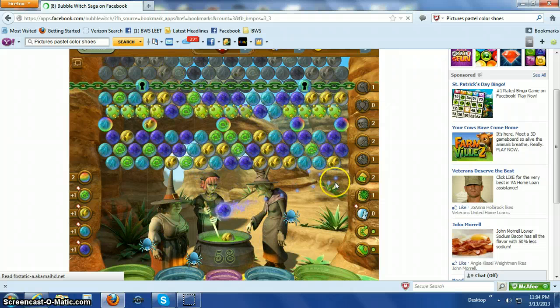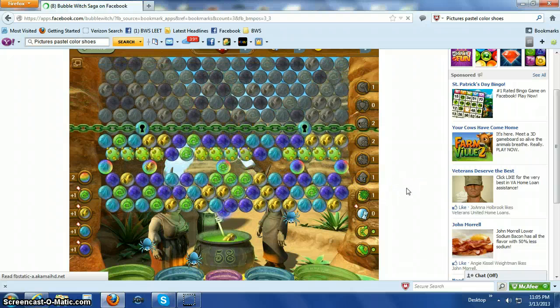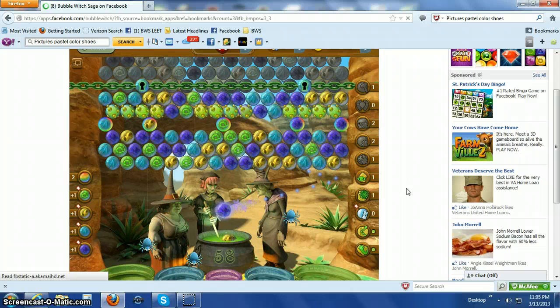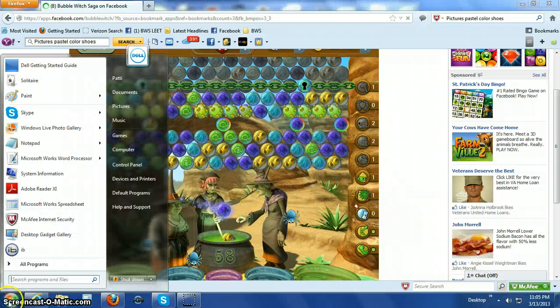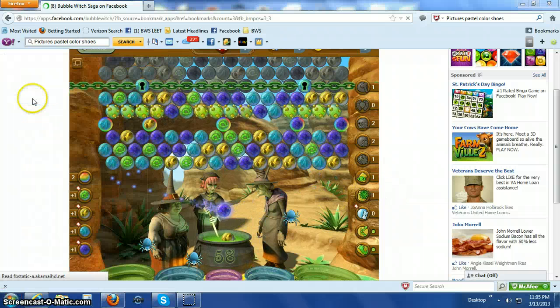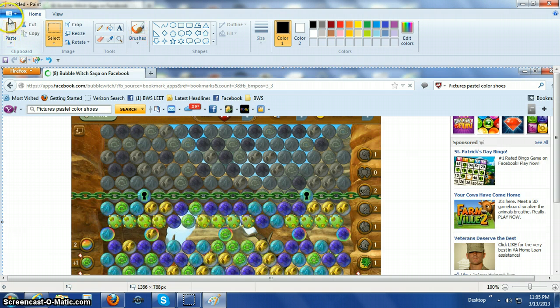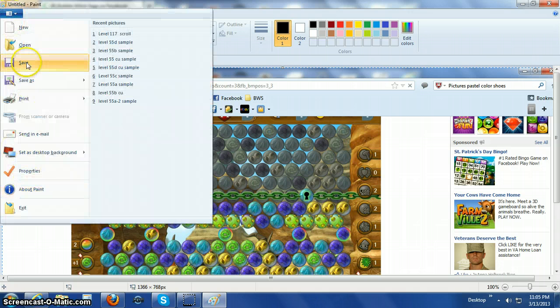So we basically hit the scroll till it takes us to the ceiling. I do not have 3 holes in the ceiling, so that's normally if you hit the top of the ceiling and you have the 3 holes in the bubble potion, you will see the 3 holes. But I didn't go into this with any potion. So we then again do the same process. You paste, you save,